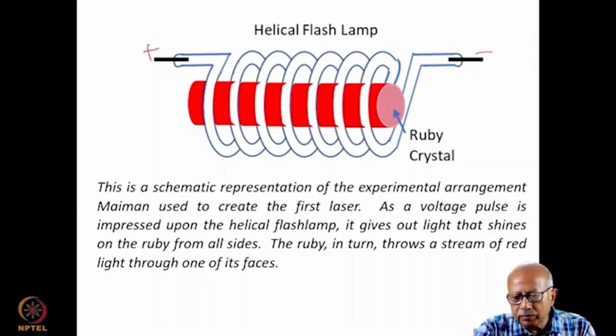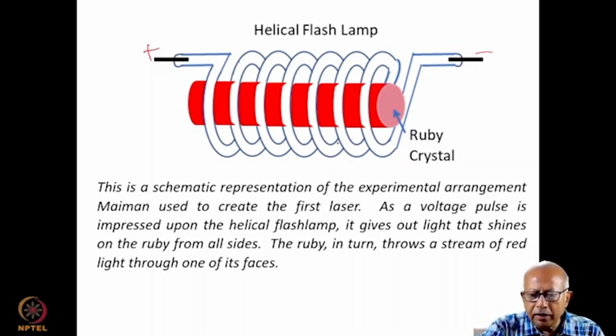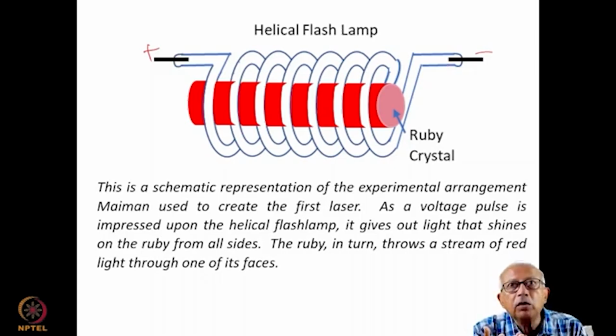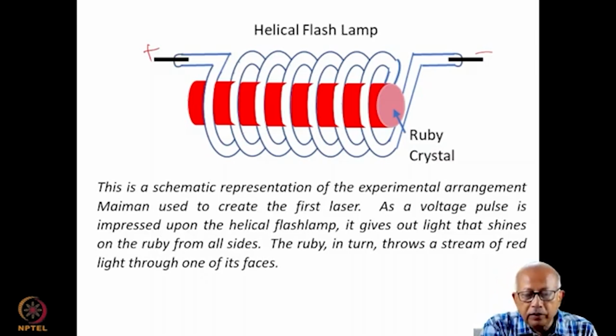Now, there are stray electrons present in the discharge tube. When you apply the voltage, the stray electrons in particular will be accelerated and gain kinetic energy, and collide with other neutral atoms present in the flash lamp. They will be ionized, more electrons will be created, and so a current will flow through the flash lamp. Many of the collisions that the electrons have with the neutral atomic species will transfer part of the kinetic energy and excite the atoms electrically.